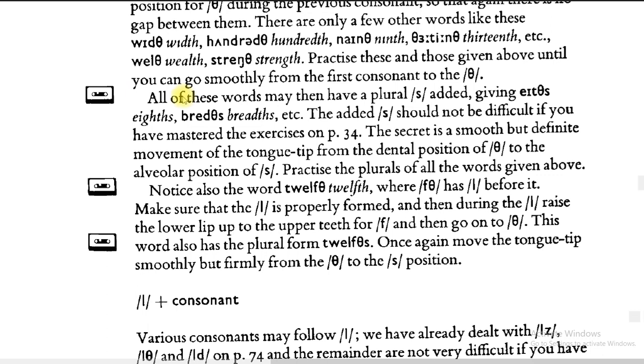And here it is telling you that this consonant sequence, you see we have eighths, can be lengthened by the addition of S plural. Here we have 3 consonants in sequence at the final position. They're eighths, right? It's difficult, but all these sounds are pronounced. We do not drop one of the sounds for the purpose of fluency. So we would pronounce it as